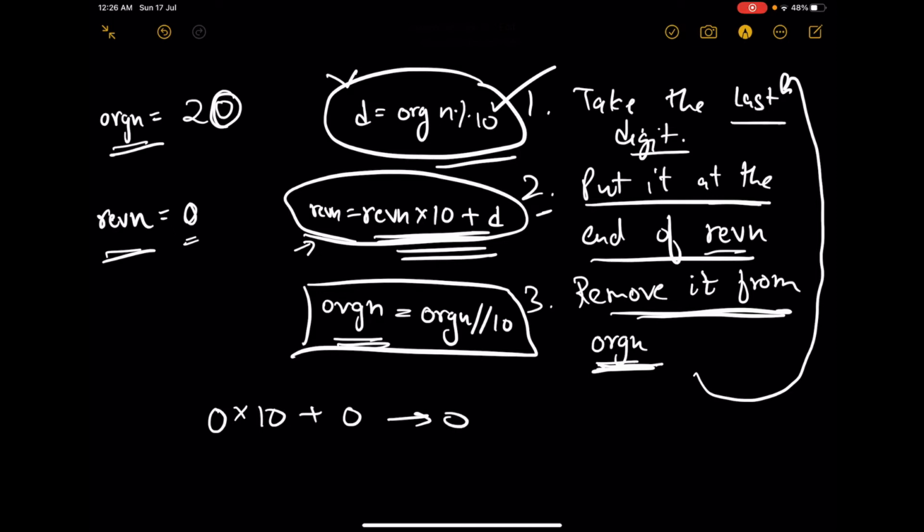This is going to give us 0 again. Okay, so and then in step 3 we can remove 0 from here. So it seems like we've shifted this 0 from top to rev n, but actually we haven't, because now with